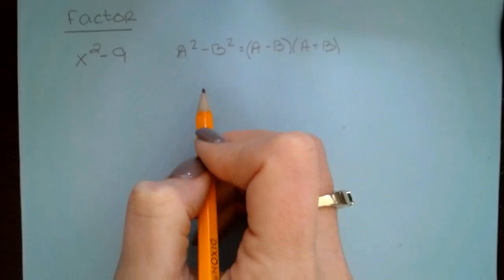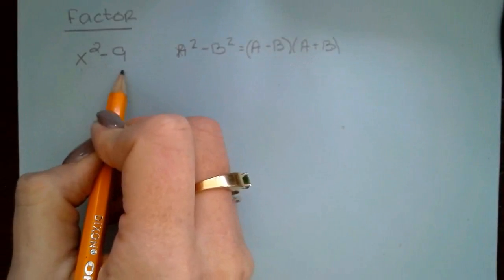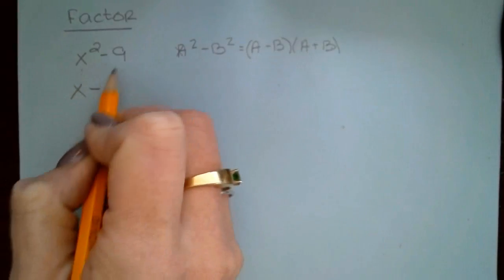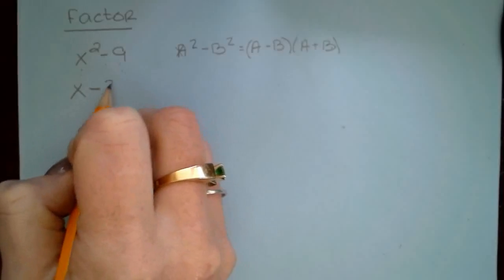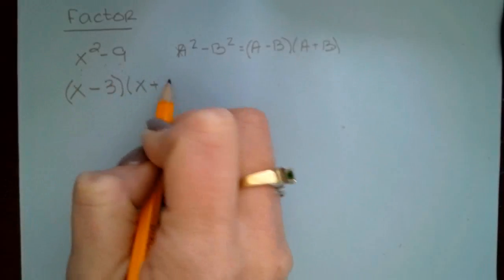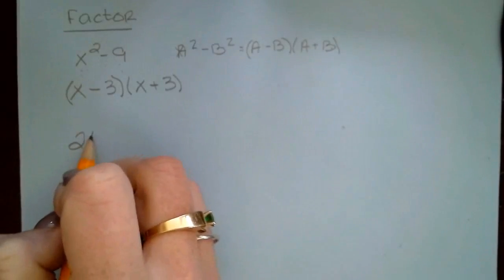So we take the square root of our a term and the square root of our b term. The square root of x squared is x, minus the square root of 9, which is 3, and we multiply it by its binomial conjugate, x plus 3. If we're given 25m